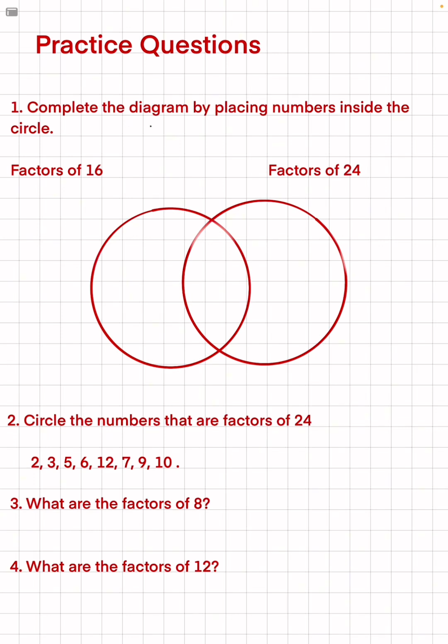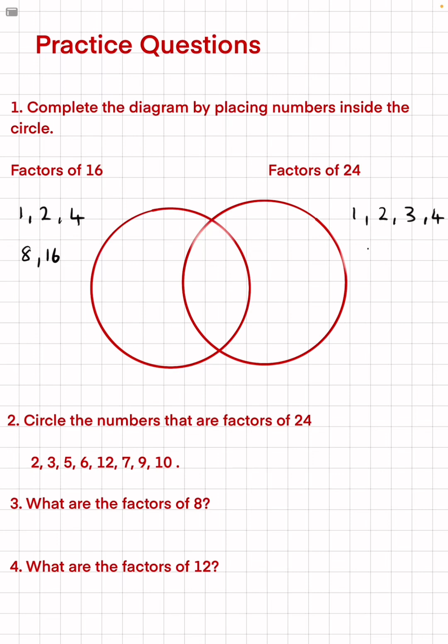Question 1 says complete the diagram by placing numbers inside the circle. The factors of 16 will go in this circle, factors of 24 will go into this circle, and any common factors we're going to put in the centre. Let's start by listing the factors of 16. We've got 1, 2, 4, 8, and 16. The factors of 24 are 1, 2, 3,